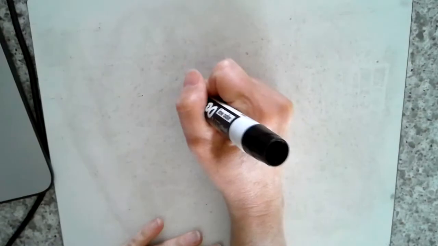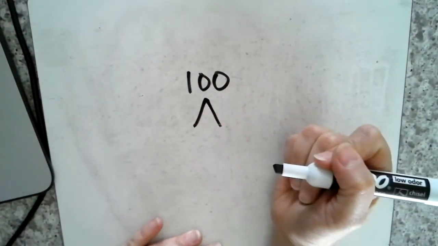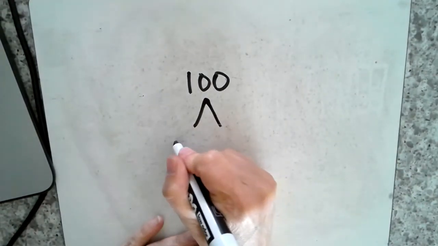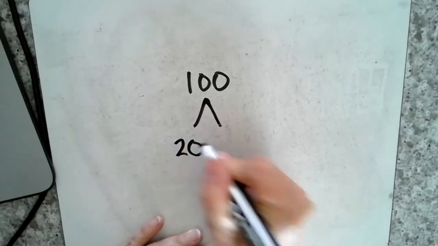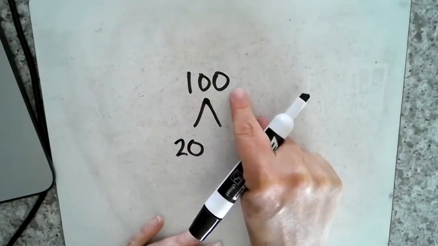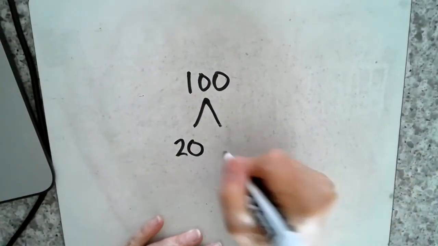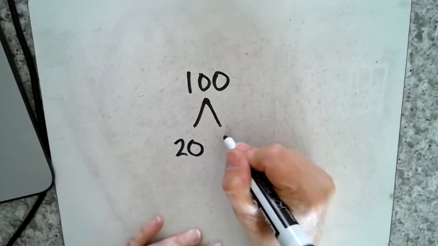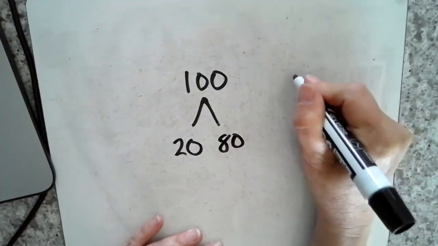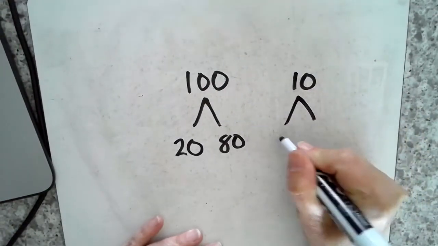Now let's take a look at the partners of 100. We're going to do the 10 partners of 100. So if I were to put 20 here, what partner goes with 20 to make 100? My daughter just whispered 80 to me, and she's right. 20 and 80 is 100. And if we look at this math mountain,